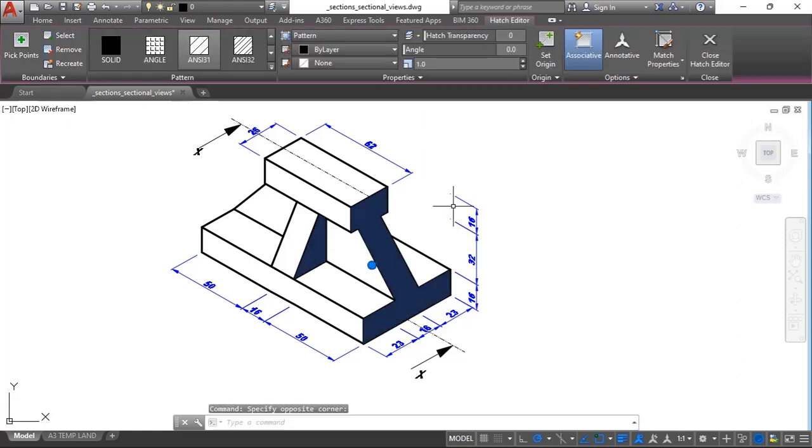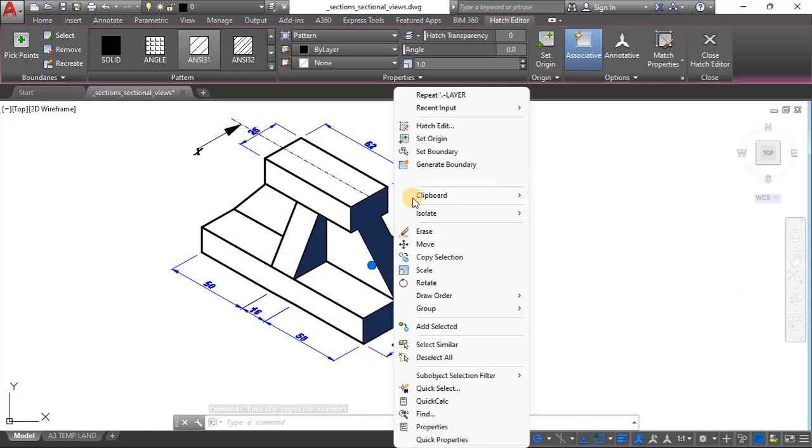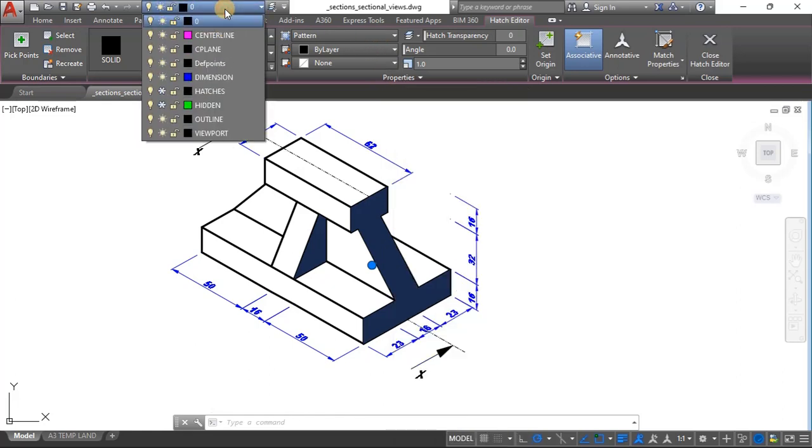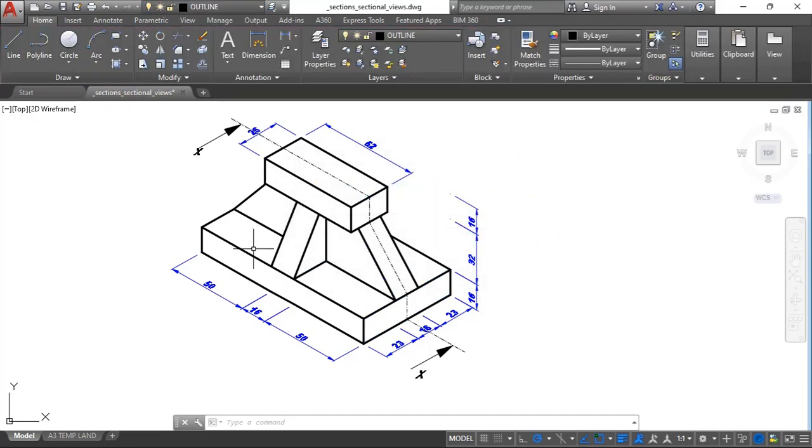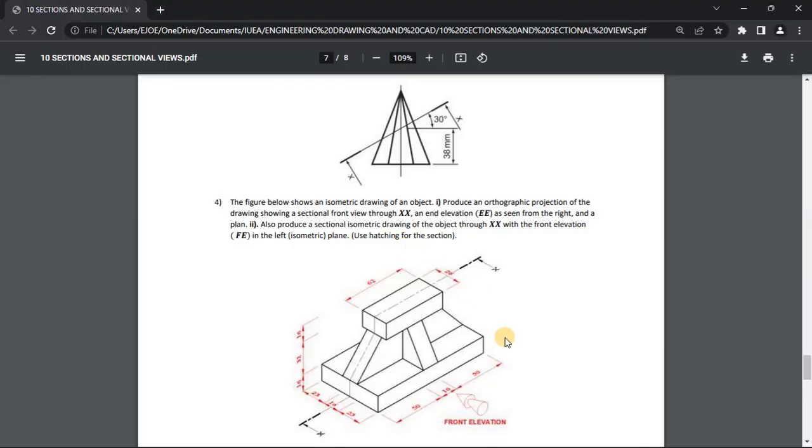I need to move this over to the hash layer. Okay. So it's in layer 0, so I'll move it over to the hash layer so that it's hidden for now. Okay. So this part of the drawing is not required. This was the original drawing,